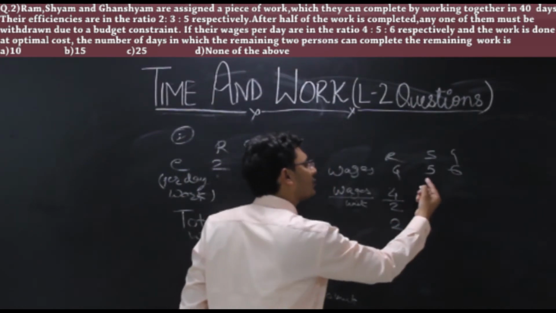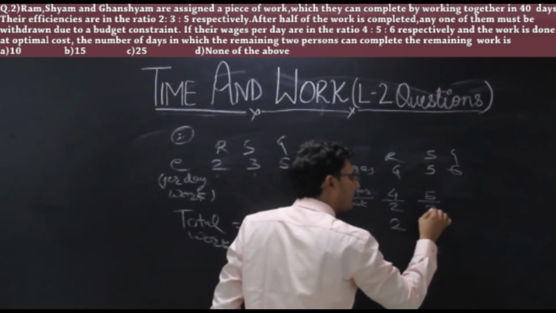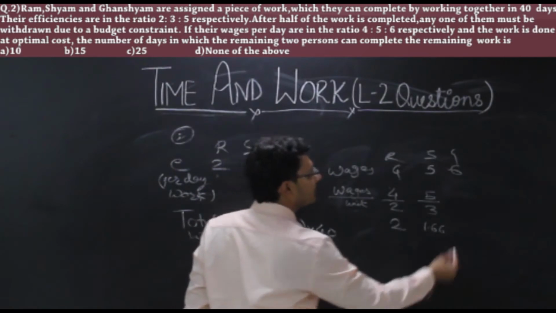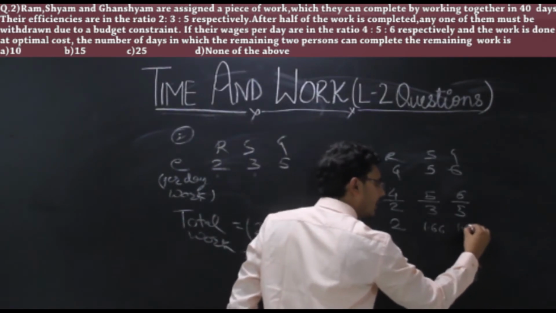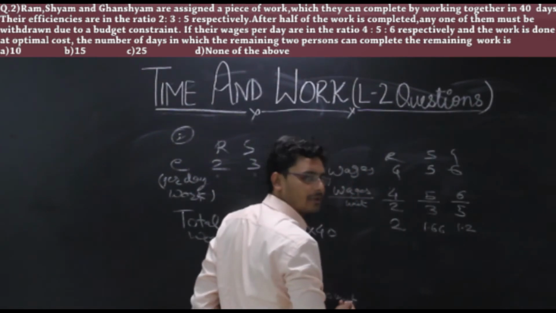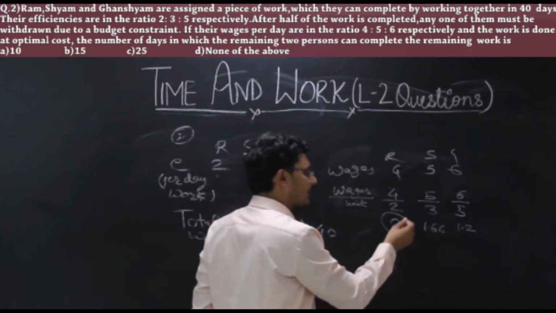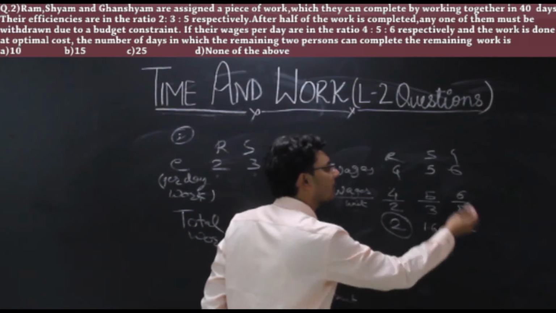Same way, Sham charges 5 rupees for 3 units of work. So his per unit rate will be about 1.66. Same for Ghanshyam, it will be 6/5, that is 1.2 rupees. Obviously you can see who is the costlier of the three persons. So this is Ram. So due to cost constraint I need to leave Ram and get the rest of the work done by Sham